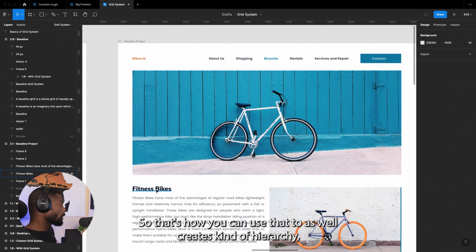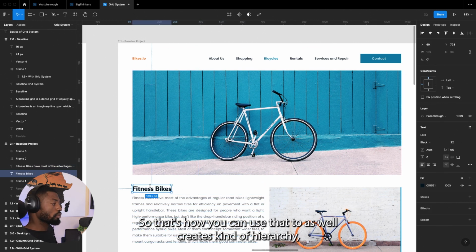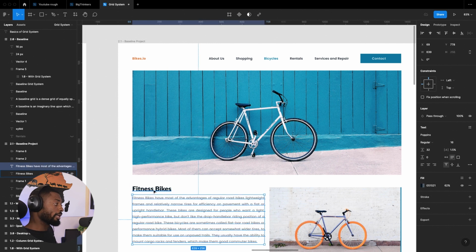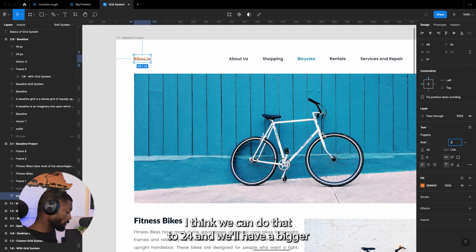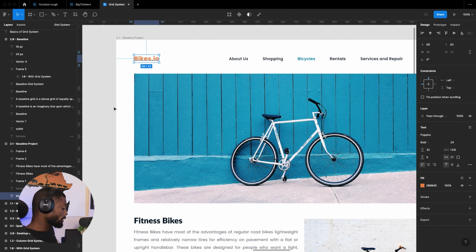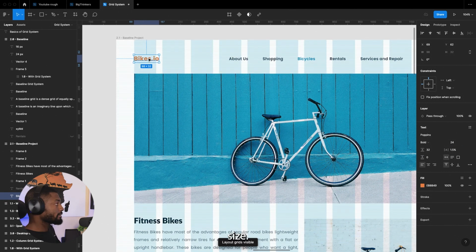So that's how you can use that to create visual hierarchy between your type scale. And we can also do that for this. We can increase this to 24. I think we can do that to 24, and we'll have a bigger size. Let's also check